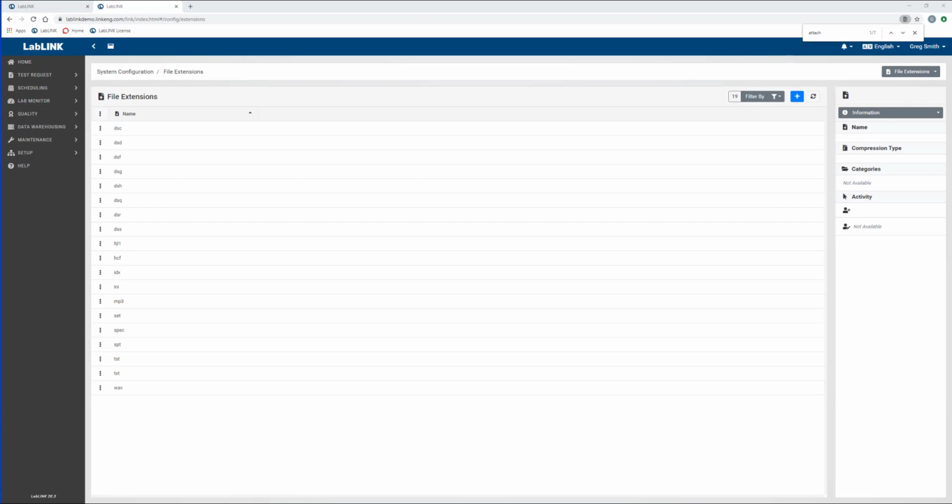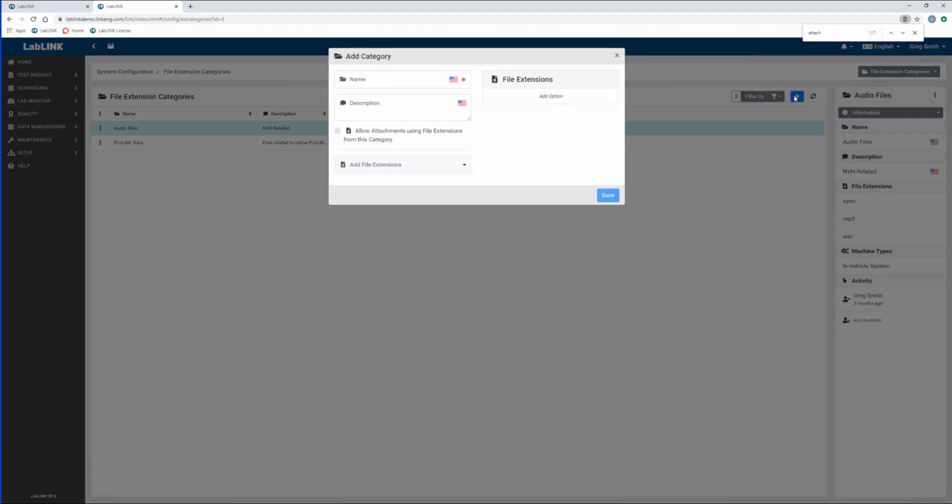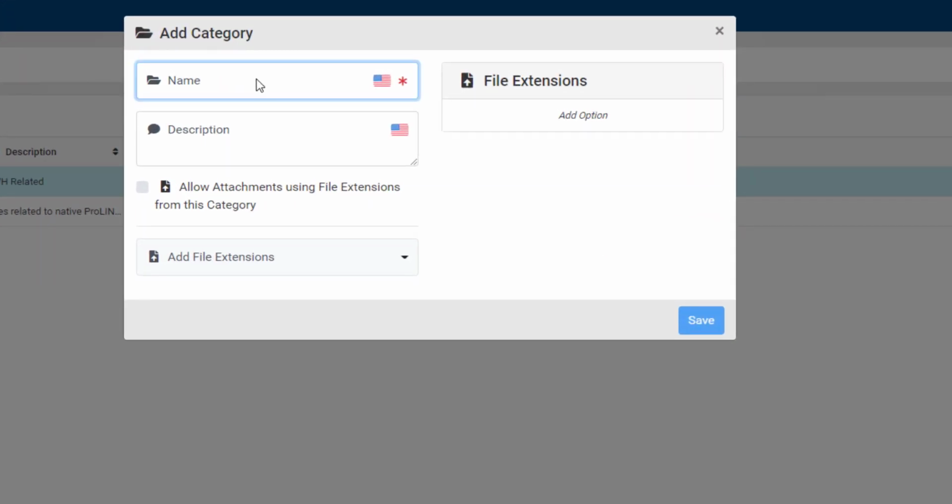So in this demonstration, I'm going to set up a couple of new document types or new file extension types. I'm going to set up PDF as well as JPEG. And before I do that, I'm going to create a new file extension category from the drop-down menu in the upper right-hand portion of the screen. To do that, I'm going to click on the Create button, and I'm going to call this